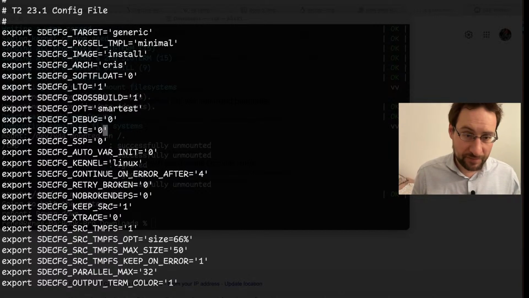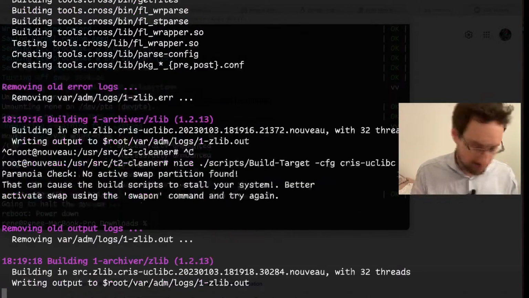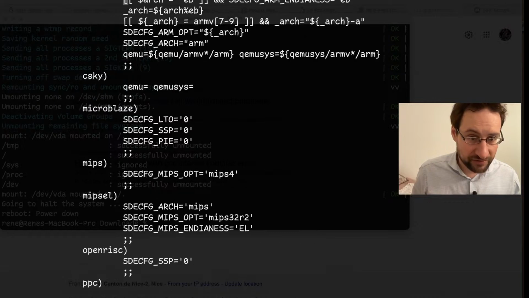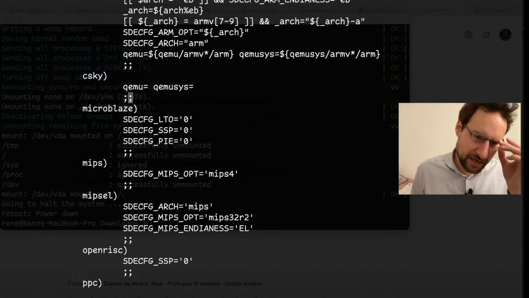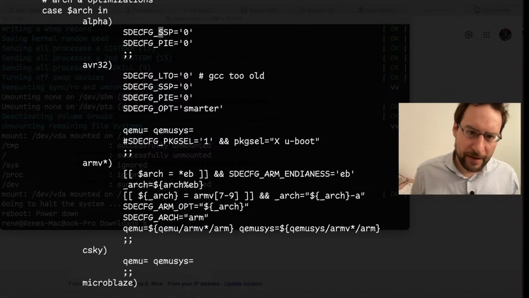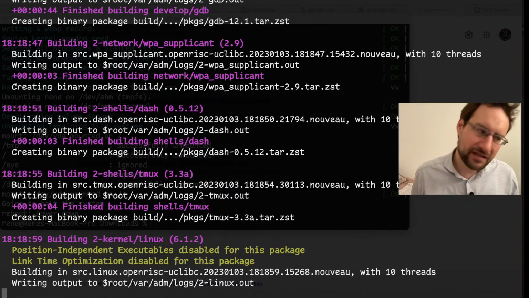SSP and beta no pi, and so oops, wrong Ctrl+C in the wrong window, and let's update our build all driver to disable that for so we have this basically for a lot. We also don't have LTO. We could basically make here 2 entries. Where do we like our alpha? Yeah, so for now we could share that here with alpha, CRIS and H8 family of those, and then later split this.